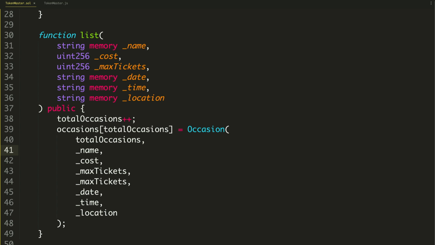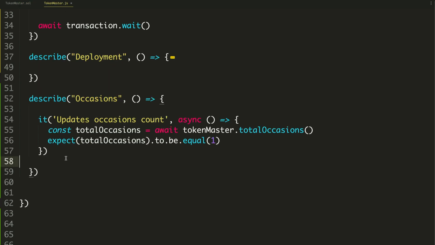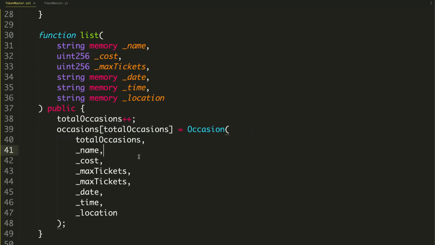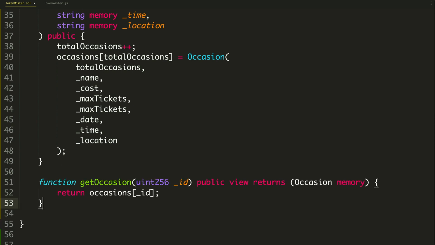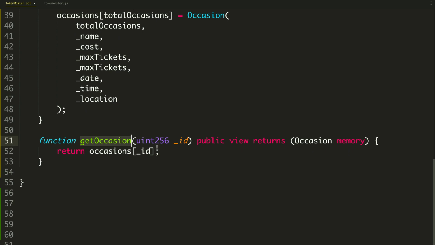So I want to create a special function, all right, inside of here. Let's just see here. Inside of our Solidity smart contract, it's going to look like this. I'm just going to toss it in there and you'll see how it works. Say function get occasion. So this is going to be a reader function. So it's going to be public view, and it's going to return the actual occasion itself. And so inside of this, we're just going to pass in the ID, and we're going to read the occasion